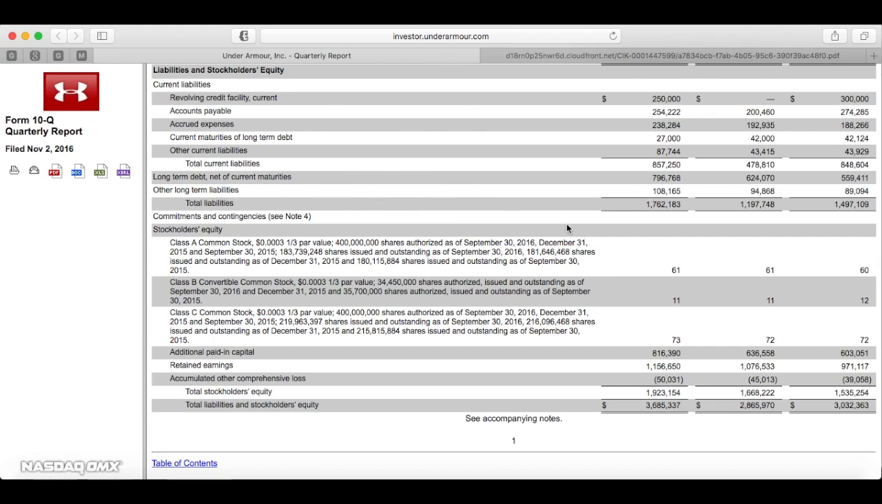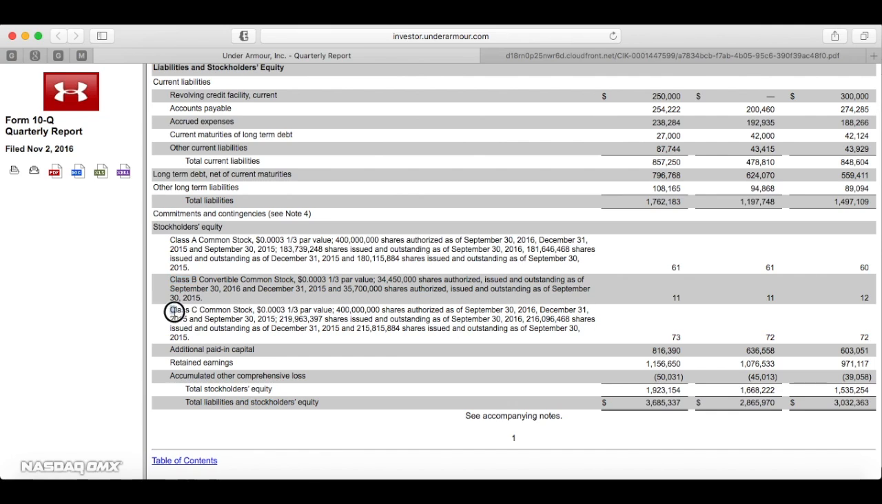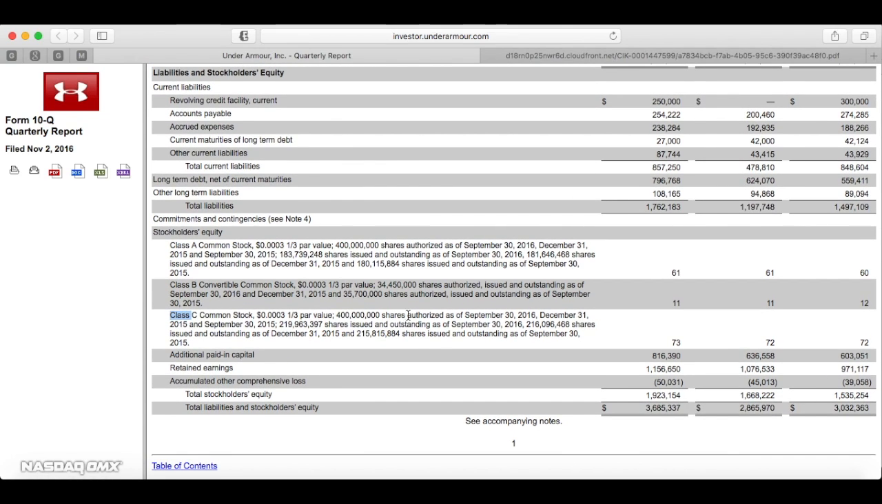Finally, we get down to the stockholders' equity, and we could have probably a whole show on this, especially in the case of Under Armour. They have three classes of shares. So they have this Class A, they have this Class B, and then they have this Class C. And I believe they've even changed it since the filing of this report. So if I went into this, it'd be almost outdated for Under Armour, but they're giving you an